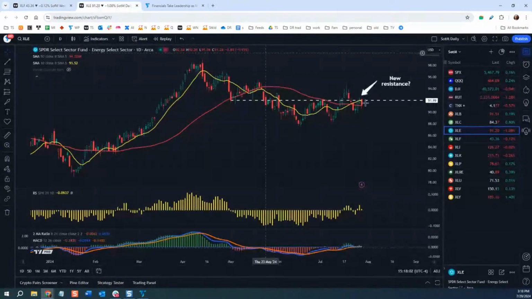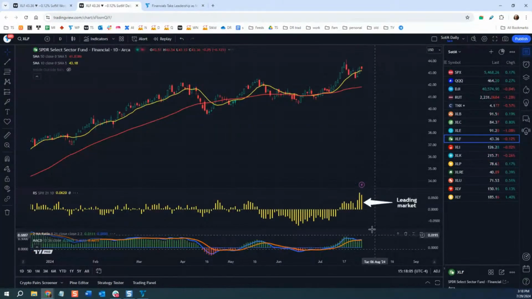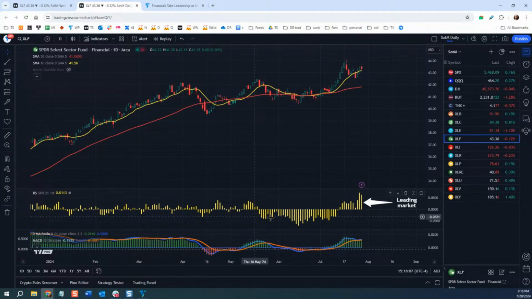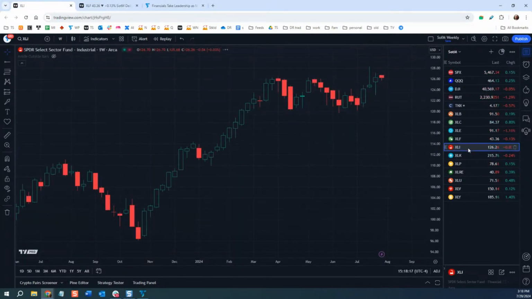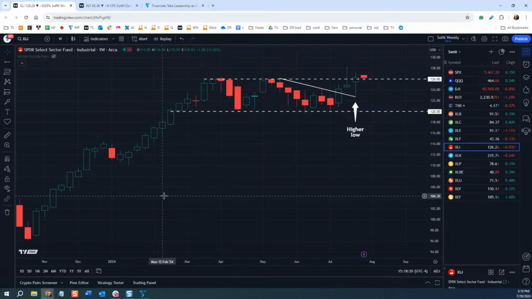When we look at the daily chart of XLF, we can see some other things: a very sharp improvement of relative strength, this is relative strength against the S&P 500, and we see MACD improving. So these things do grab some attention with the XLF. Go to the XLI industrial ETF on the weekly chart here. What's interesting about this one is a new record weekly close on Friday.